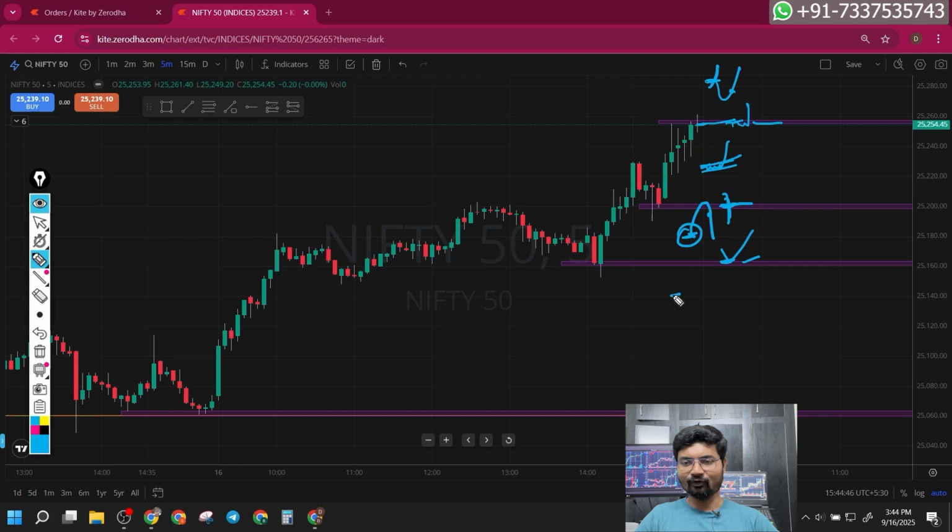If it opens a gap down below this level, it is extremely bearish. It may start working out as soon as the market opens, or if the move is not fast enough, you can take the trade in this pullback for a short trade. These are the plans, and I'm expecting a gap up tomorrow.